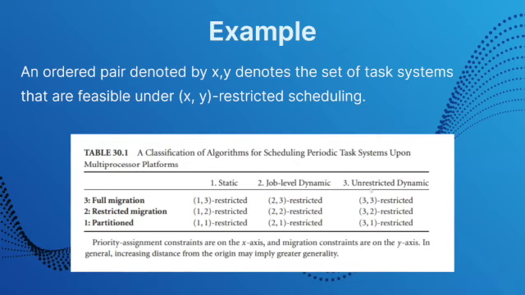The class, let's say, of 3, 3 in this case, is going to be restricted algorithms, and we can see them in 1, 4, 6, and 8. In addition to these, we have 1 and 3 and 2 and 3, which is going to be restricted algorithms as well, and they're considered in the same chapter, respectively. So as you can see here, we have a breakdown of partition, restricted migrations, and full migrations, but we actually have it from bottom to top. And we have the jobs as static, we have dynamic, and unrestricted dynamic. It's a pretty cool example once you plug in the numbers.